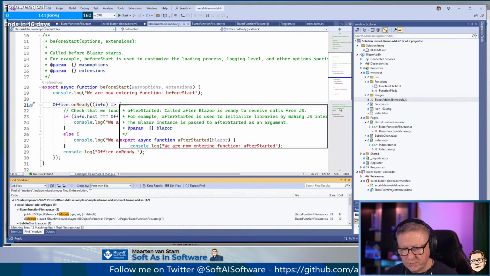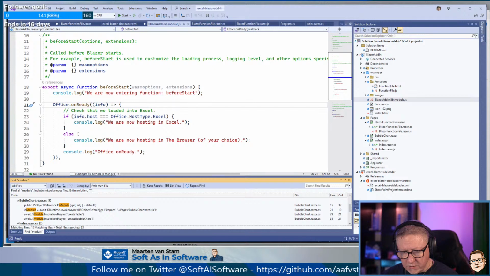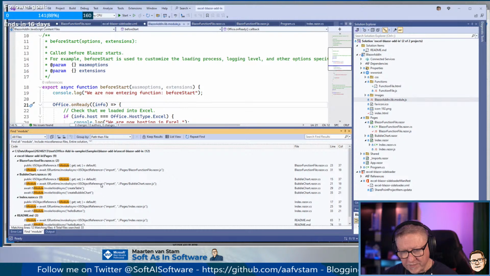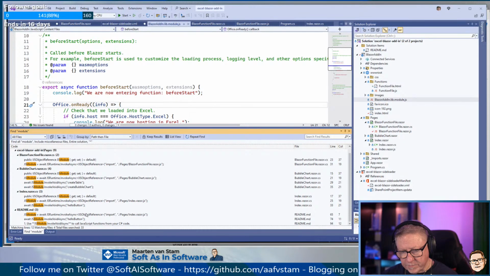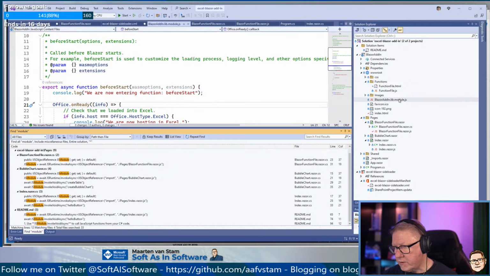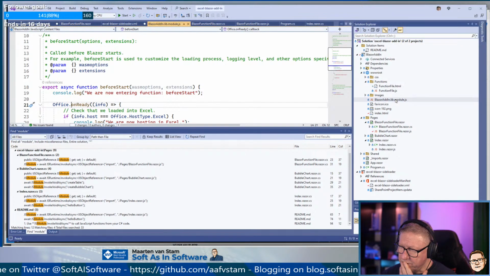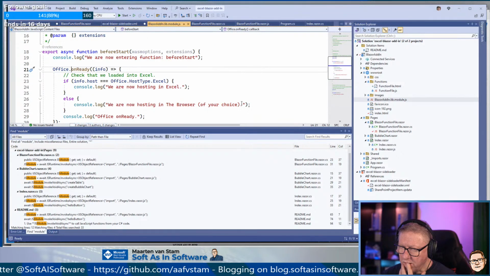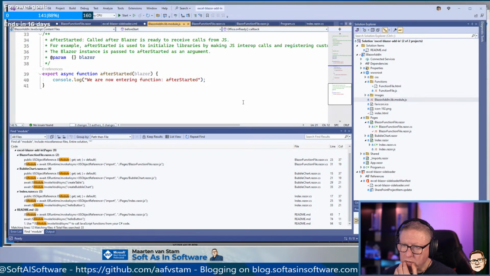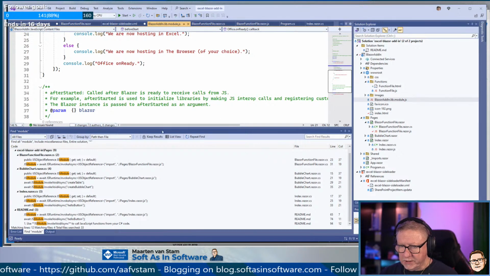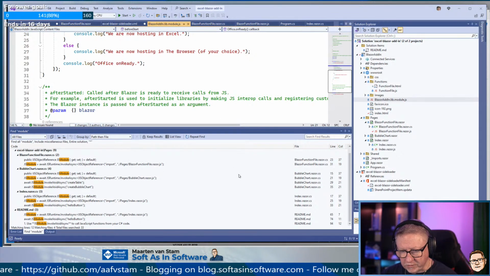Module. That's automatically loaded by Blazor. So what if we move the functions to